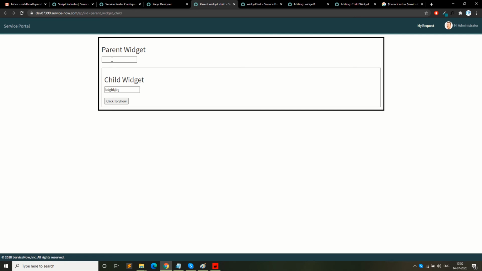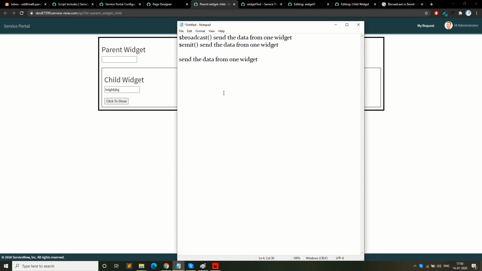This is the difference. From the child visit, if you want to transfer the data, you have to use emit, and if you want to transfer the data from parent to child or from any visit to any other visit, you can use broadcast. Okay, I hope the difference is clear. So, slight differences between broadcast and emit. Basically they do the same, they both transfer the data from a particular visit, but broadcast cannot transfer the data from child visit to another visit.